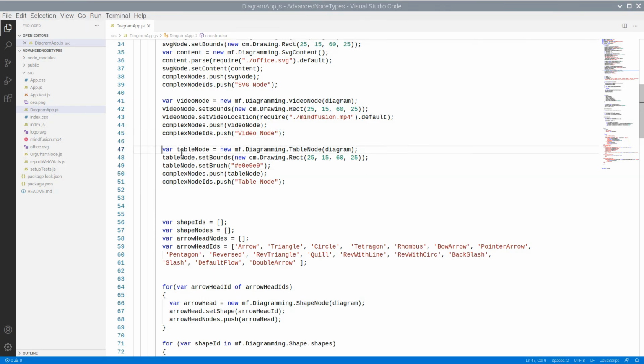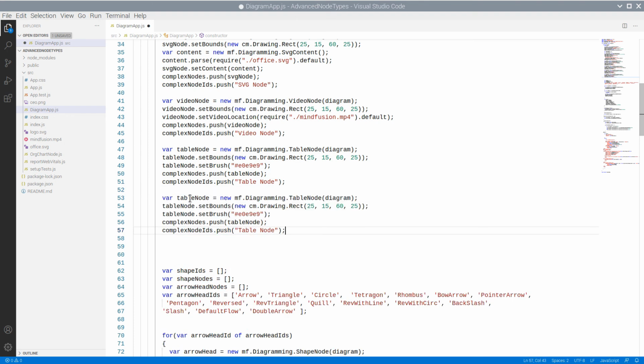We will add now an instance of the container node. The code is almost identical as that for the table node. We have here a new property, Caption Back Brush.